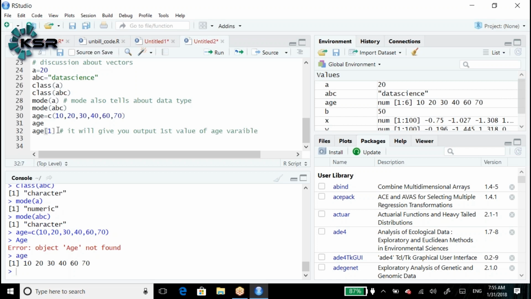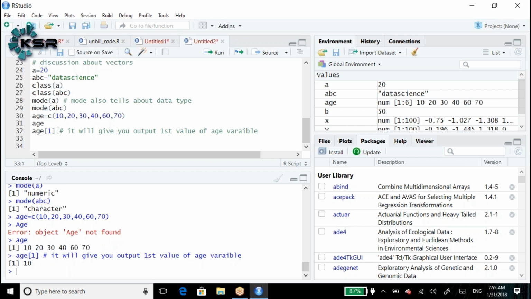So what is the output we will get for this one? 10, because age of 1, under the age we have 10 in the first position, 20 in the second position, 30 in the third position, 40 in the fourth position. Can you show me what is the sixth position value? 70 is the sixth position value, and the fifth position value is 60.